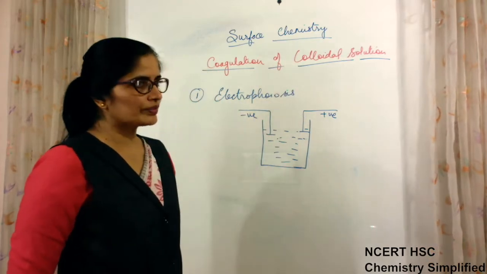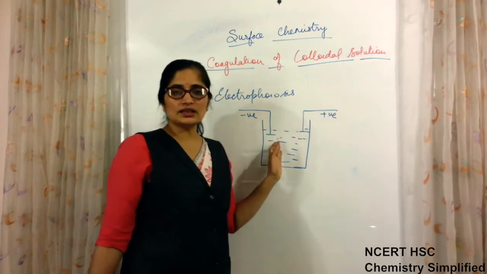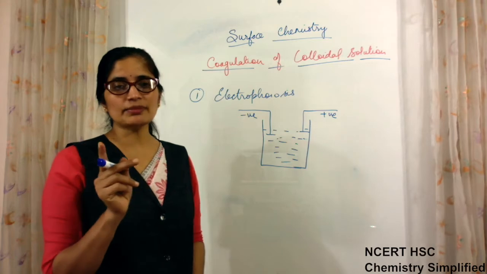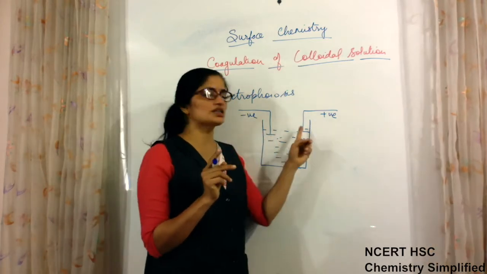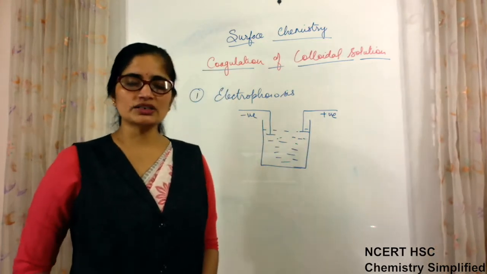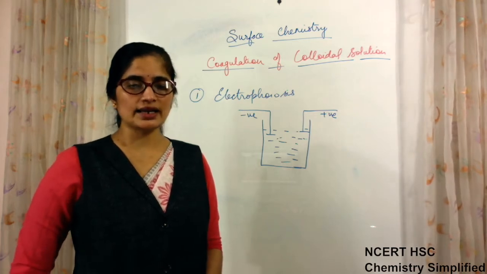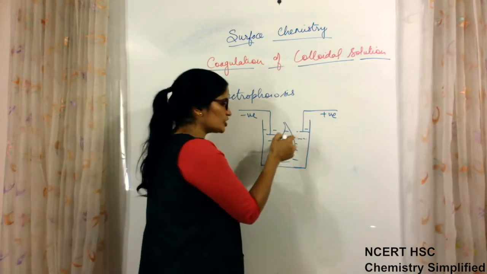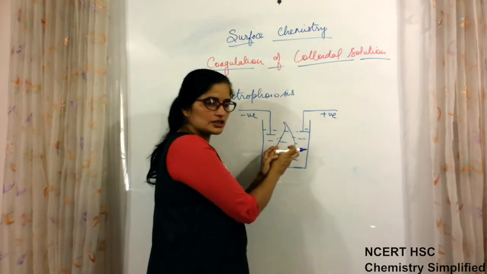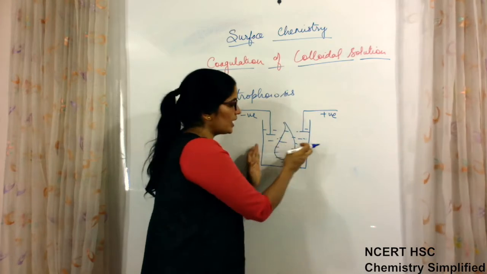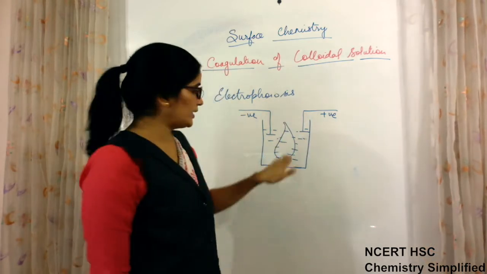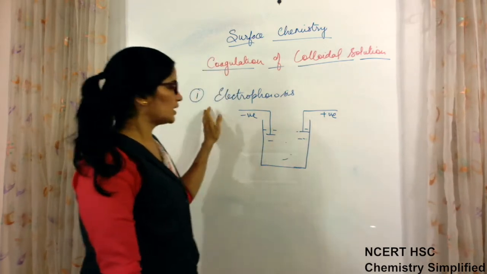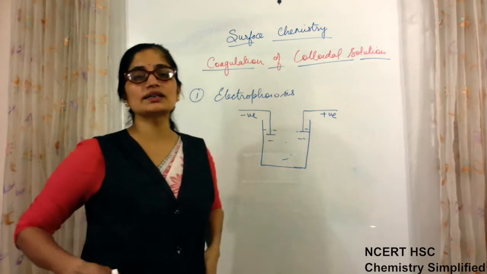Now, we had seen previously, when you were purifying the colloidal solution, the purification method was different. You were not directly using these plates. When you were doing the purification method, you had used dialysis, and then electrodialysis. At that time there was a bag inside which the solution was kept, and colloidal particles could not move outside this bag, only ions could move and go out. Here we are directly using the colloidal solution so that it gets coagulated. So electrophoresis and electrodialysis are different.